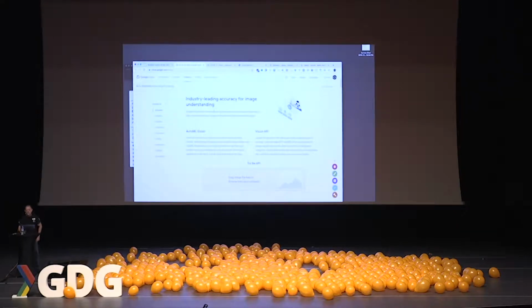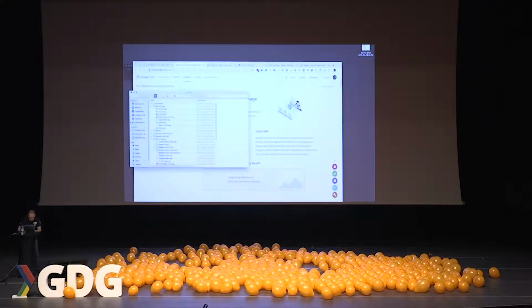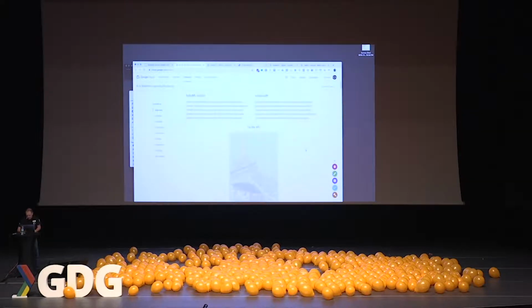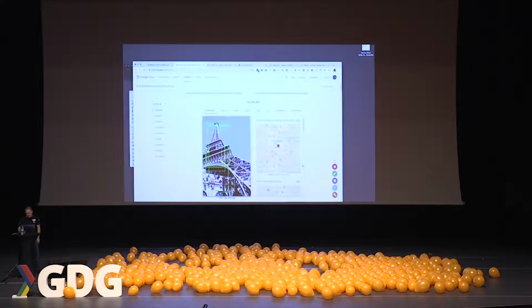So this is a page that anybody can go to. This is cloud.google.com/vision. You can go try these things all by yourself. So I'm going to take an image on here, and I'm going to drag it in. I probably need to tell it that I'm not a robot, at least not that when I checked last time. And let's see what we got.